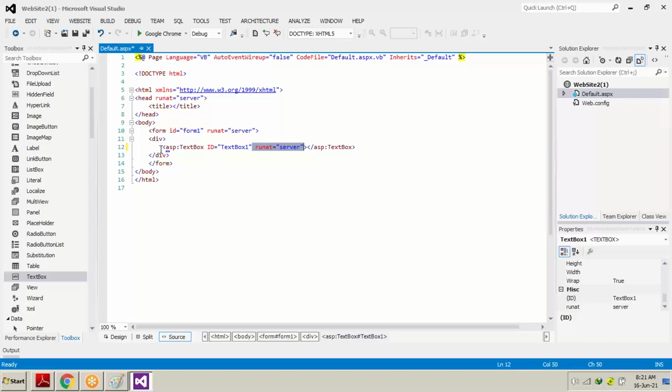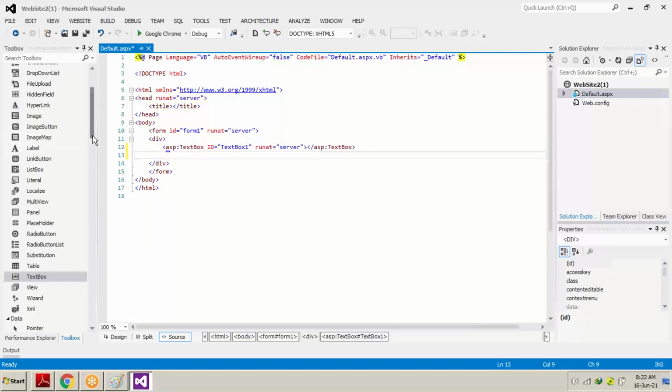But if the control is written runat server, that means this control can be used in server side coding. So I just drag and drop the text box, and the entire code is written by itself.